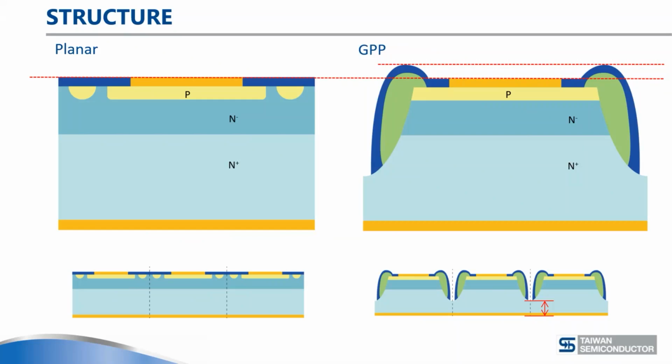On the left-hand side, the planar devices are how all other discretes are made. Some of them, of course, with trenches, have slightly more complex processes, but the structure of the device is similar, where the two yellow half circles on the left-hand and right-hand side are what we call the passivation structures, where the reverse field sometimes also is terminated. So this planar process that we use for the new rectifiers is slightly more advanced, although it's also not new. It's also been in the business a long time already, whereas the GPP process is